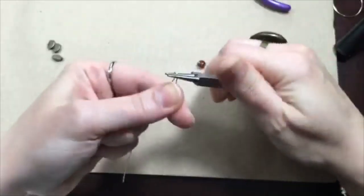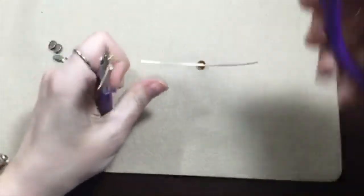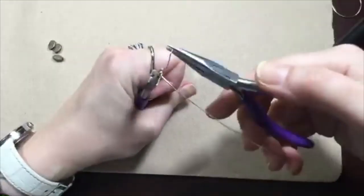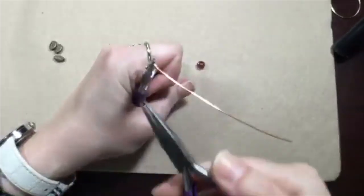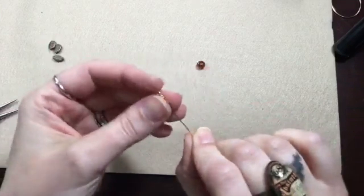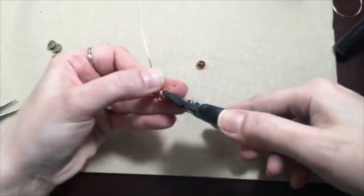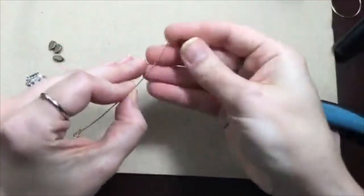adjusting the grip, bringing the wire on around, coming to the other side, and switching hands, not coming to the other side. You know what I mean. And doing the wire wrapping there. So there's 3 good loops, or 3 good wraps rather, and I'm going to cut that off with my cutter tool. Okay, thread on our bead,